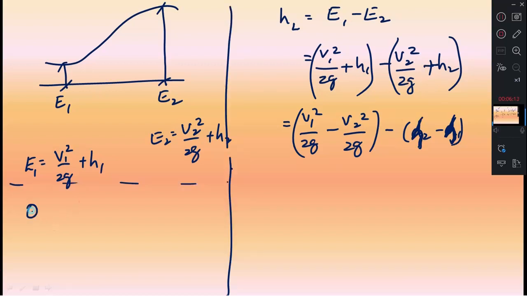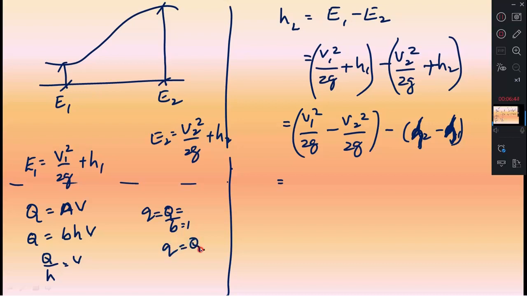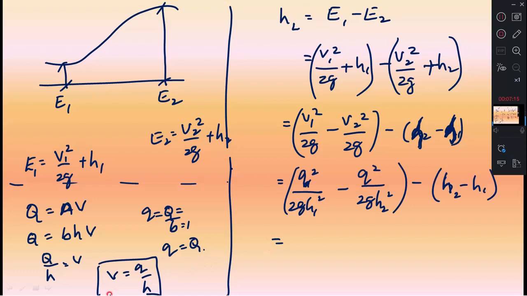Then you already know that Q is equal to what? A into V, area into velocity. Then Q is equal to, for a rectangle, B into H into V. Then B we are considering 1, therefore Q divided by H is equal to V. That is, small q is equal to capital Q divided by B. This is the discharge per unit width. Therefore B is equal to 1, and q is equal to capital Q. Then I can write V is equal to Q by H. Then here in this case I can write, am I right? Check it once, right?